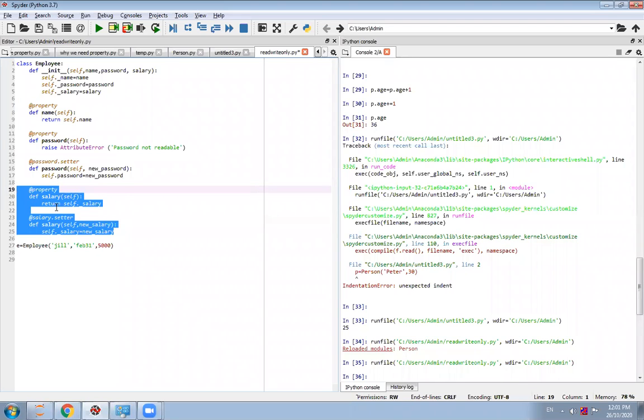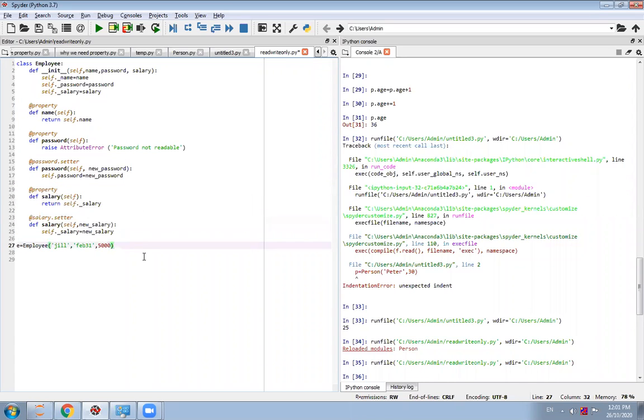So in your program, whenever you want to implement something like this, if you want to set authentication, and some of the attributes you want to allow for read write, or only write, or only read, that time we can use this property. You can take a screenshot of this program, which is very important. Here, the getter method is there as well as the setter method.